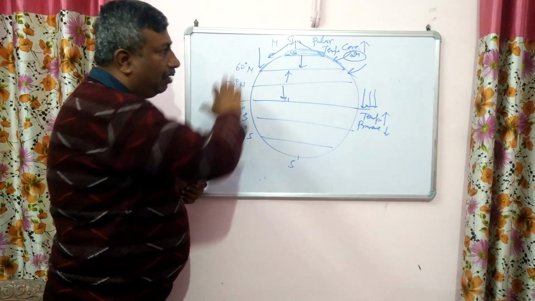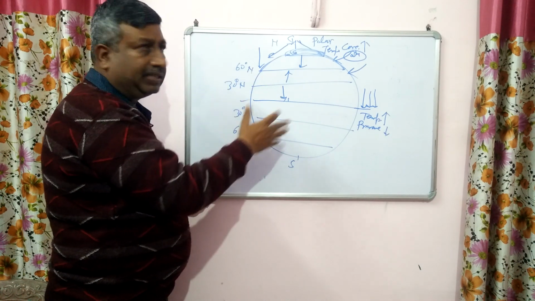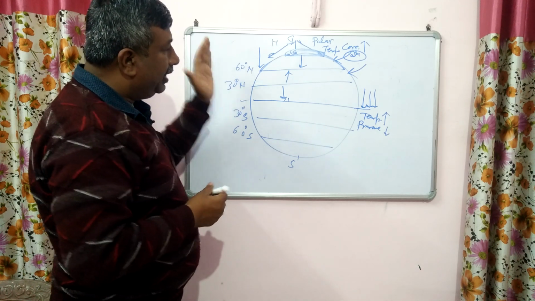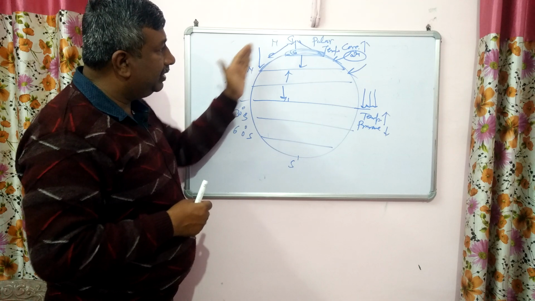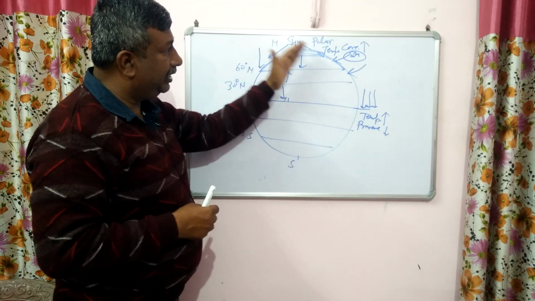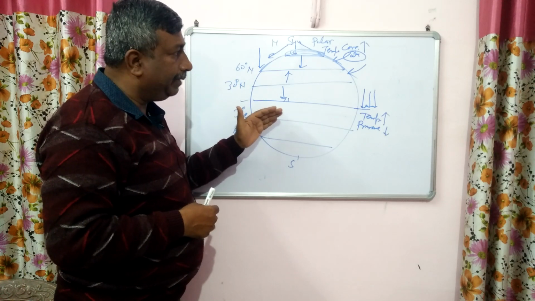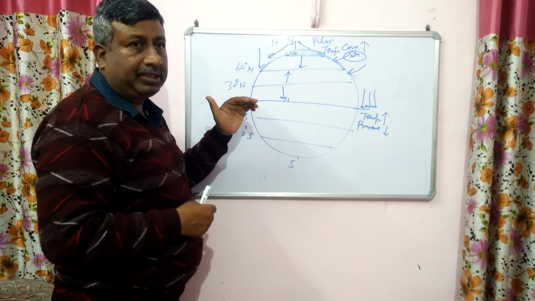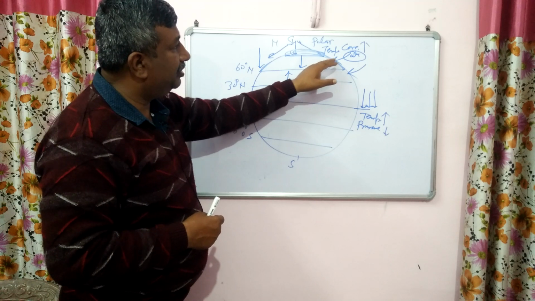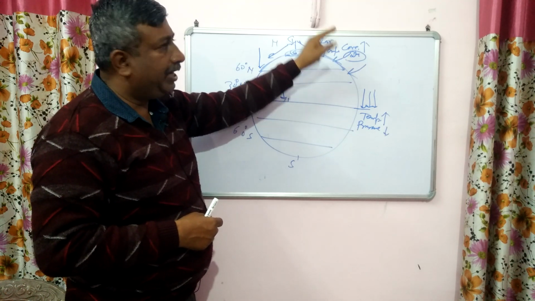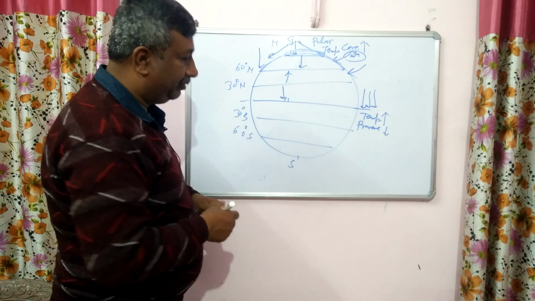We will discuss later how trade winds, westerlies and polar winds arise, in the next lecture. But here the concern is that because of curvature there is differential heating, and because of this differential heating the air concentration gets changed. So the air concentration will change, and because of this change, air will move due to low concentration.